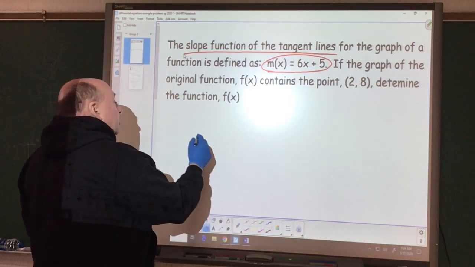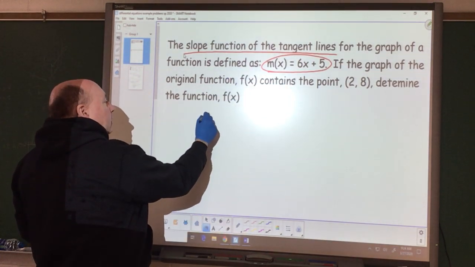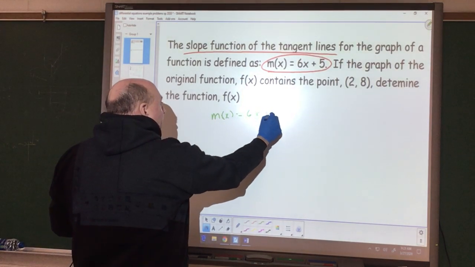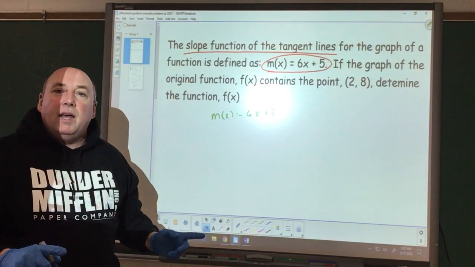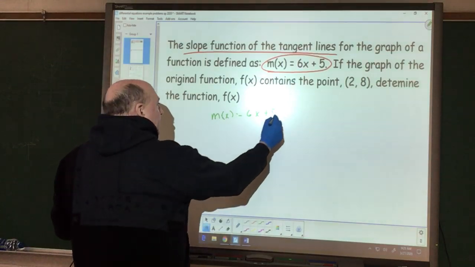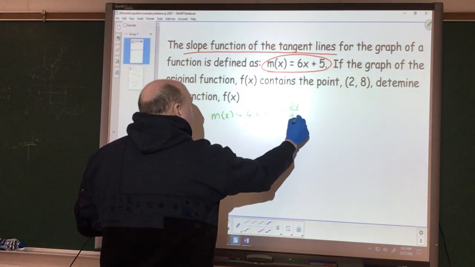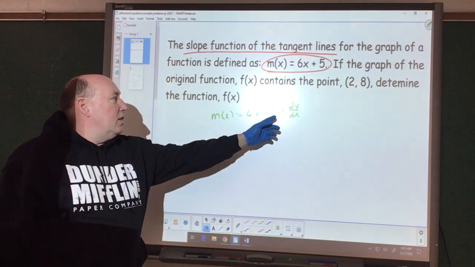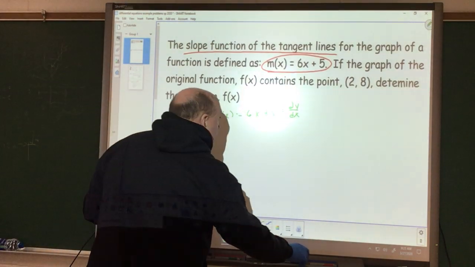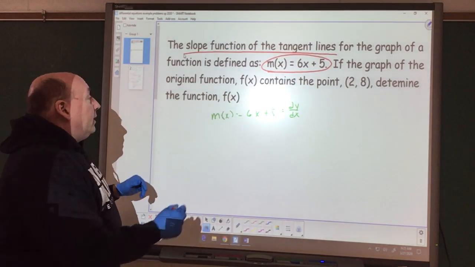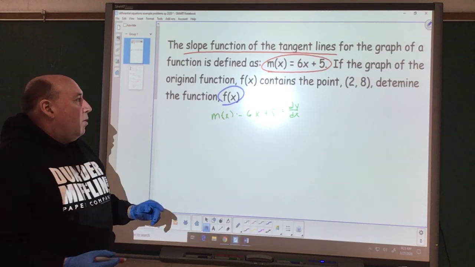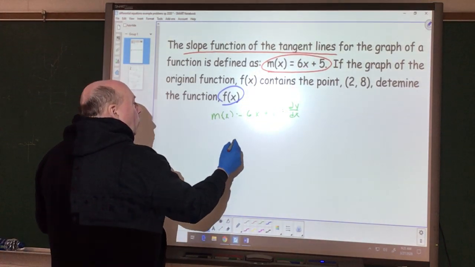This is the slopes of the tangent lines, 6x plus 5. But what we did to find them, this is also our derivative. This is dy dx. So for this function, the dy dx is defined to us as 6x plus 5. And what we want to determine is we want to go back and find what is our original function, f of x. Well, if dy dx